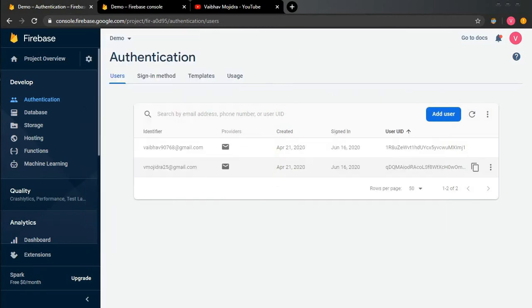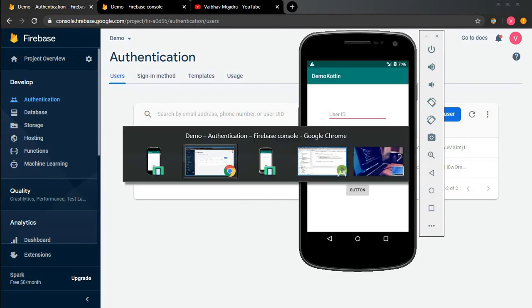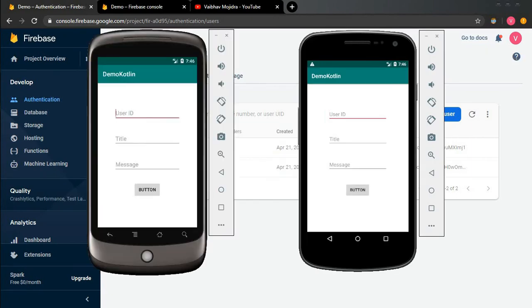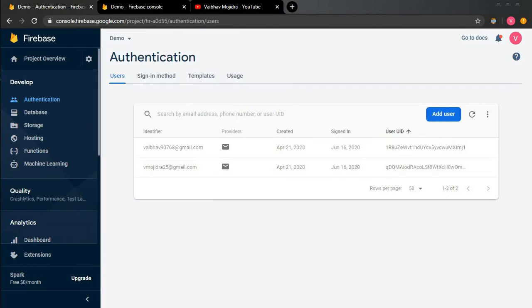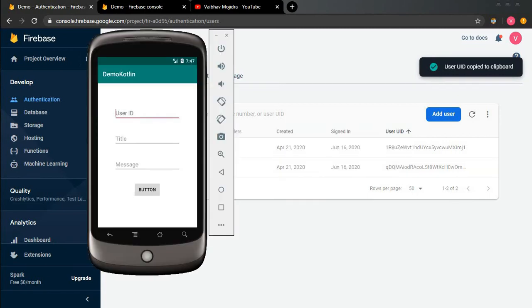So let's run it. In my case, I have 2 logins, as you can see over here. This email is logged in with this ID, and this email is logged in with this ID.